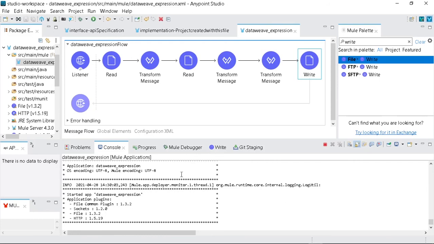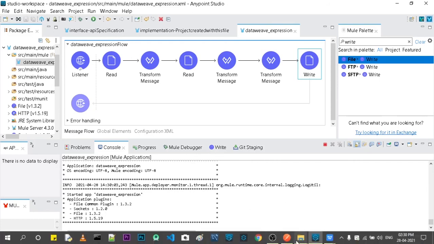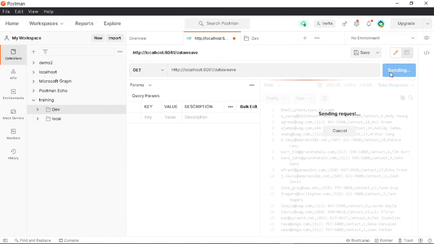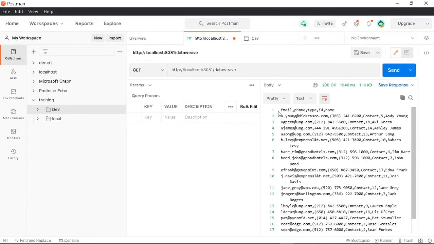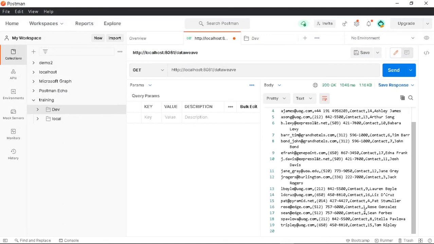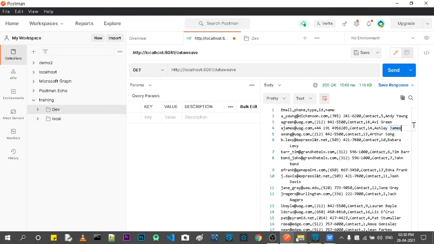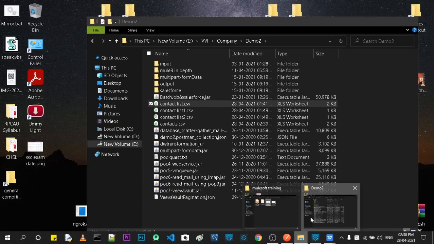We can see that it has been successfully deployed, and let's try this. Now it has successfully run and returned this value. As we can see, in the final records, email, phone, type, id, name, all columns are here. Let's open the file it has created.